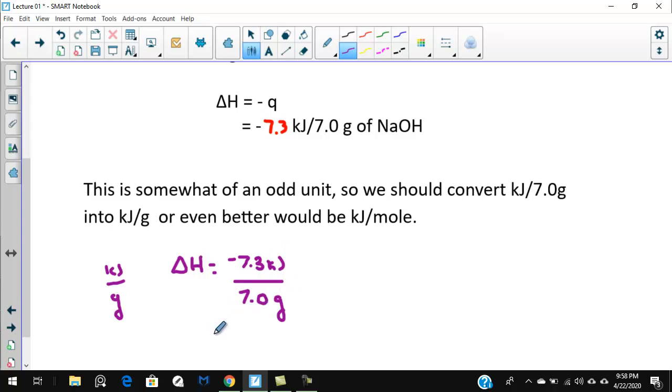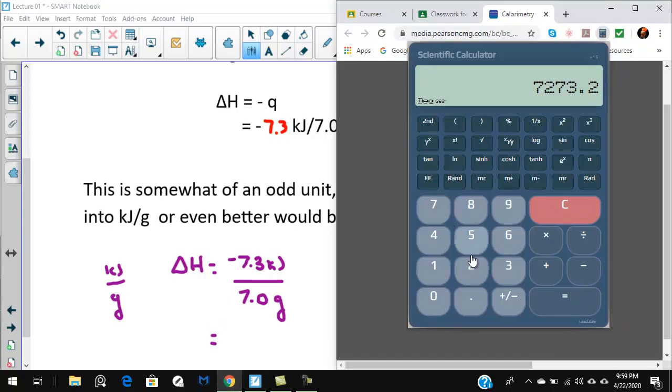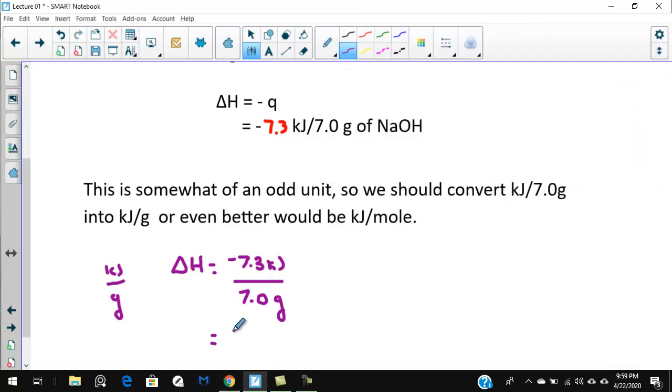So we just need to do 7.3 divided by 7. So let's go back to our calculator again. So it would be negative 7.3 divided by 7. And then we get a new number, and we'll just call that